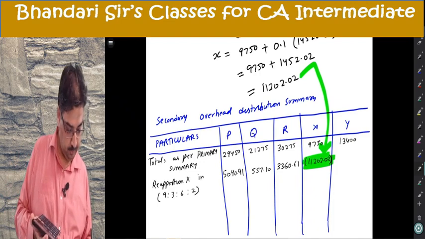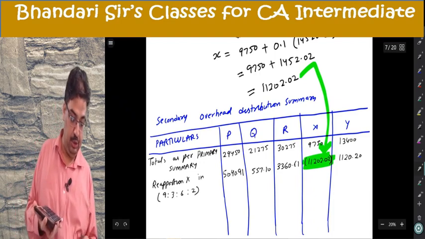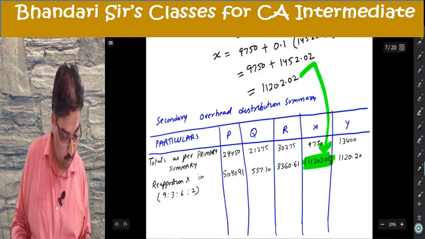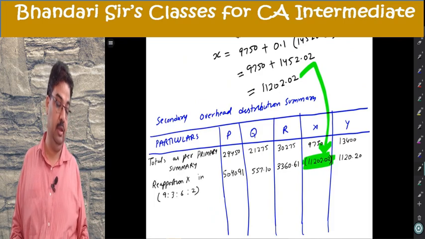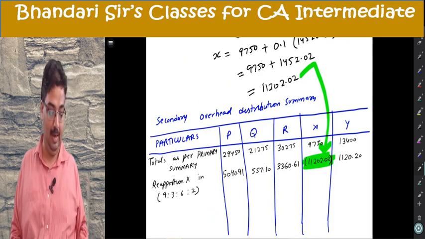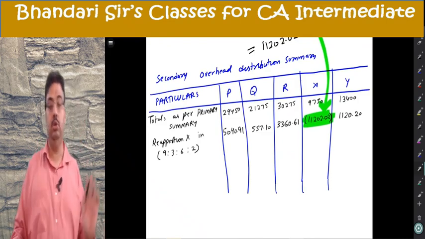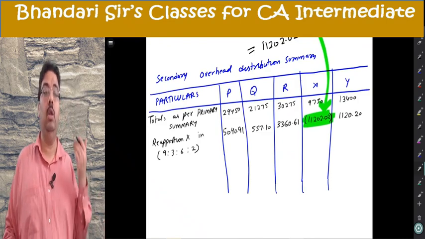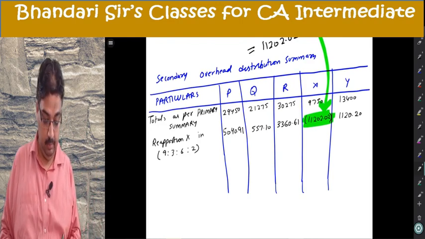2. Now while doing it, make sure there is not a loss of even a paisa. So if you check there, the last digits 1 plus 1, 2 paisa is intact. You can alternatively add all of them and ensure 11,202. In the end, you will be sure when the totals in service department are 0, you have done quite well.